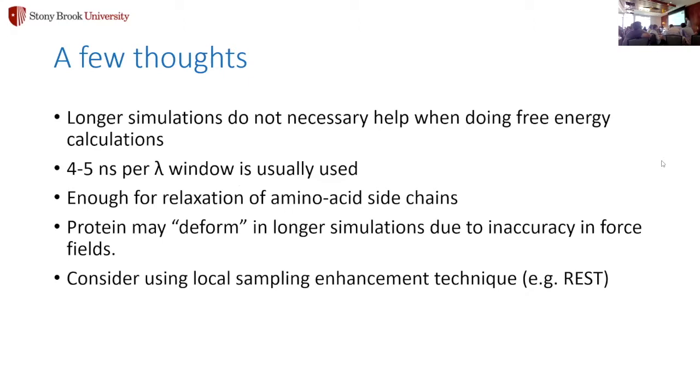So this is very different from other studies. People will always tell you that if you are using MD simulation, just extend the run to get a better average. But from what I read in all those publications, I think 4 nanoseconds and 5 nanoseconds is what I usually see people using. So the reason I choose 4 nanoseconds is because it's just enough to relax those amino acid side chains on